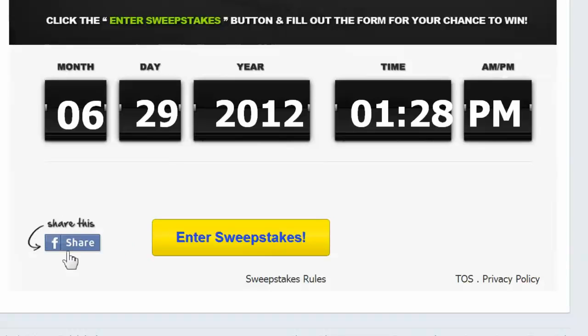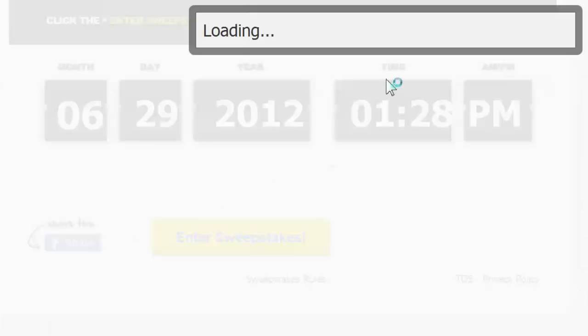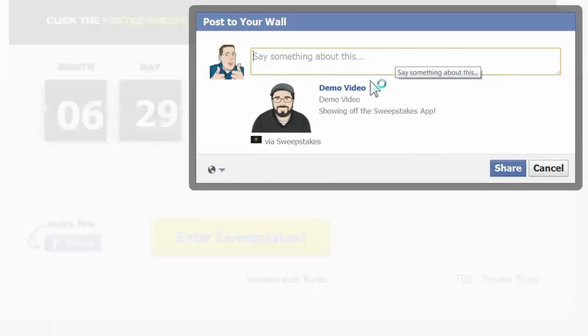Let me show you what it looks like if they were to click share. If they click share, they're going to see this here, which is exactly what I put into it when I set it up. The link here will go over to this app, shows the title on it, and it shows the description I want on it, and of course they can add whatever they want in their own comments. So that's exactly what it would show to them.